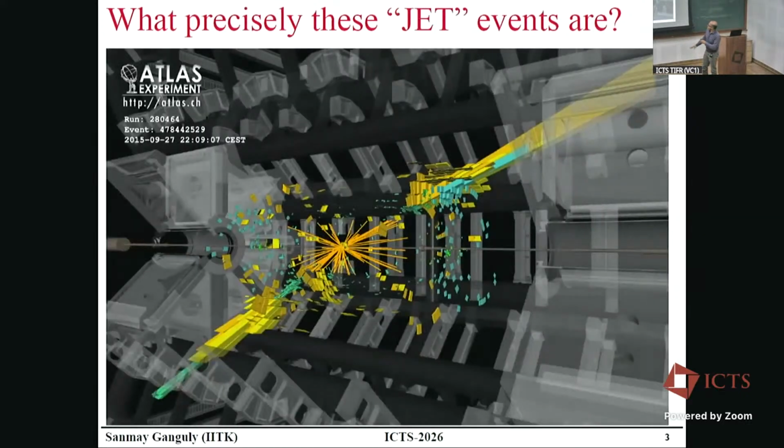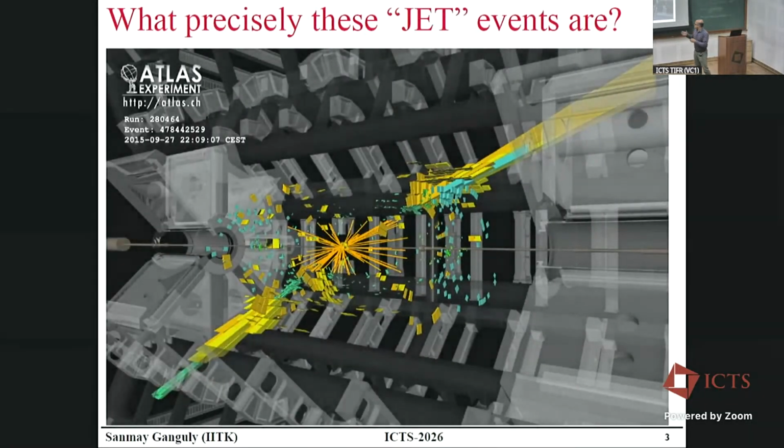Okay. So let's say when we actually see a phenomenon, an event, in a collider, these are the kinds of energy deposit patterns we see. Now, connecting these energy deposit patterns to what we can compute starting from the first-principle QCD Lagrangian is actually a very, very rigorous and difficult job. So how we do that is something important to understand before starting.